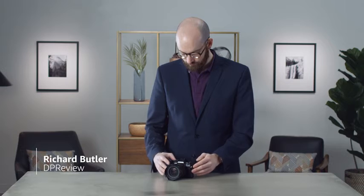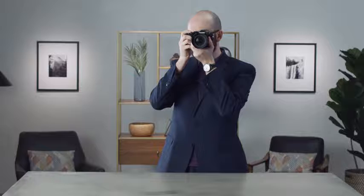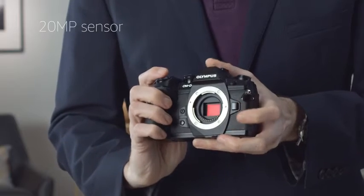The Olympus OMD E-M1 Mark II is the company's flagship Micro Four Thirds camera. Aimed squarely at sports and action professionals and advanced enthusiasts, Olympus is focused on speed and durability in this small but powerful camera. The E-M1 Mark II's sensor gets a boost to 20 megapixels, while dual-core processors help it shoot